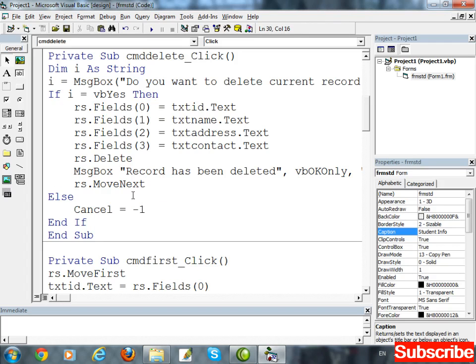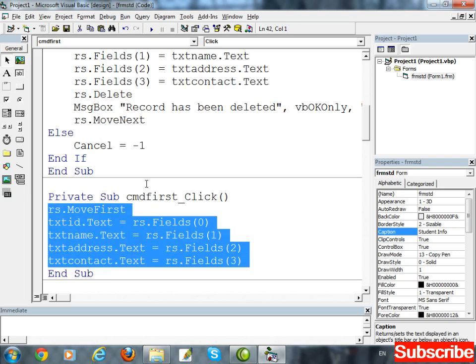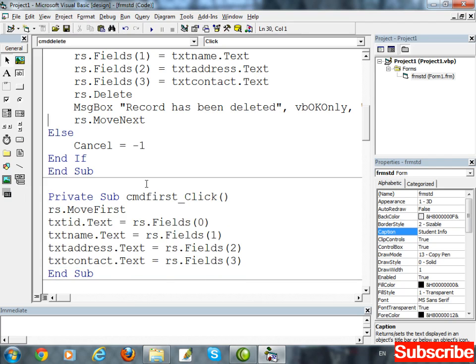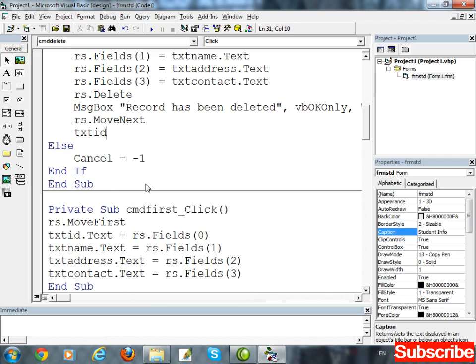Okay. After moving to the next record, select the record from the record source and assign it to the text fields. So simply after rs.MoveNext, write txtID.Text equal to rs.Fields(0).